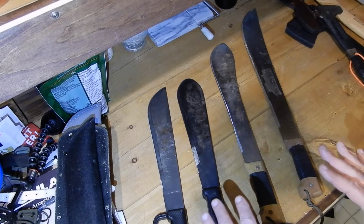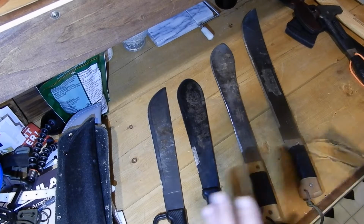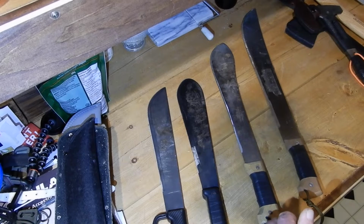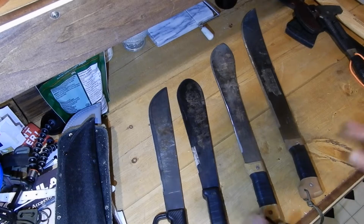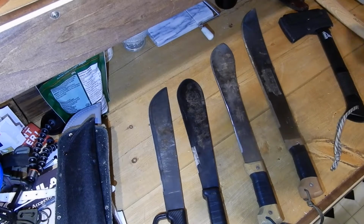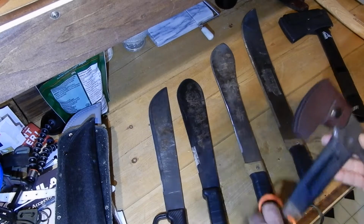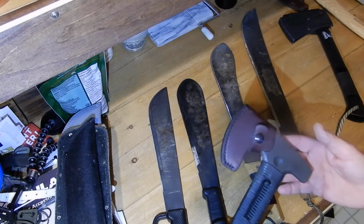So I'll touch on a few things about it, and I'm going to do some comparisons hopefully in this video. I'm going to use more of these, which I consider one-handed tools. I'm going to do a quick comparison with hatchets and axes. I'm not going to use a long-handled axe. I'm going to go into what I would consider some of the better axes,